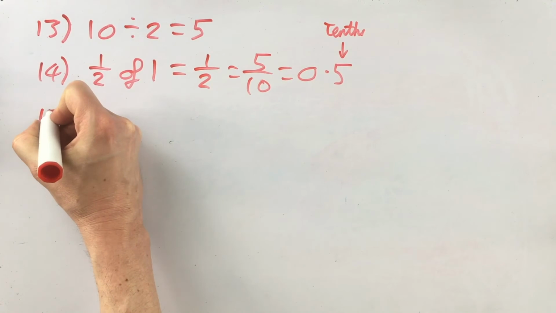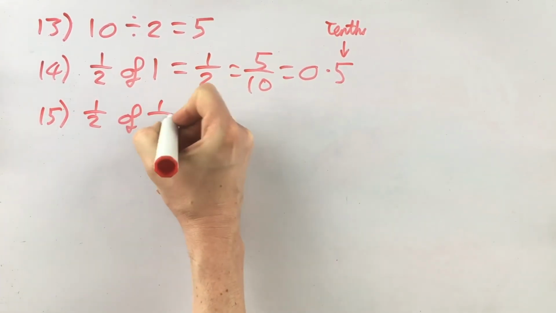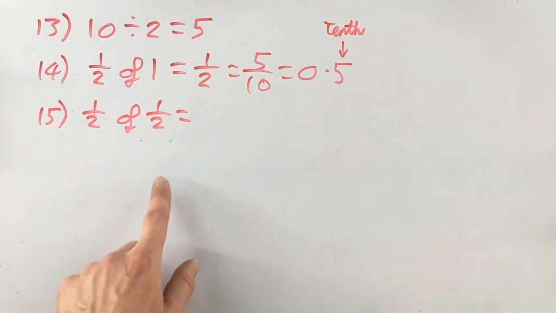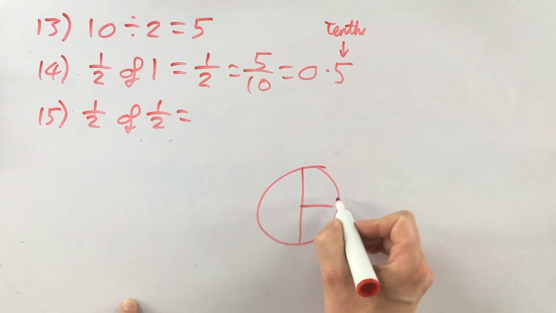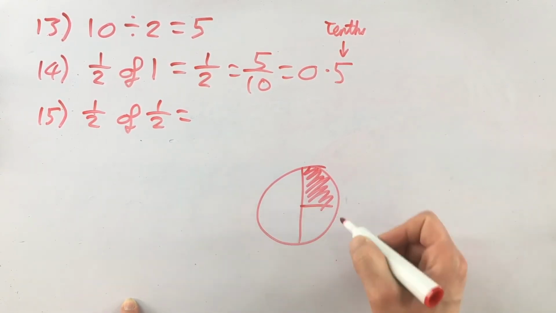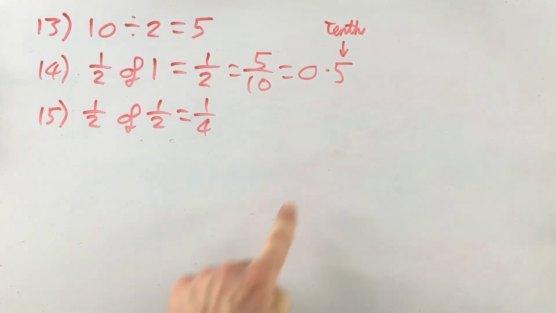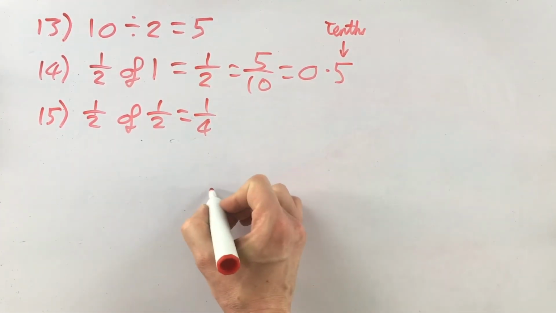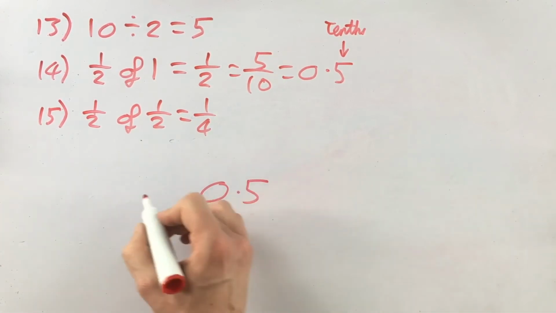Number 15. Half of a half. You can see this in a diagram quite easily. There's half, half as much again will be a quarter. You can also do it in decimals. If we take our 0.5 and we're going to find half of that,